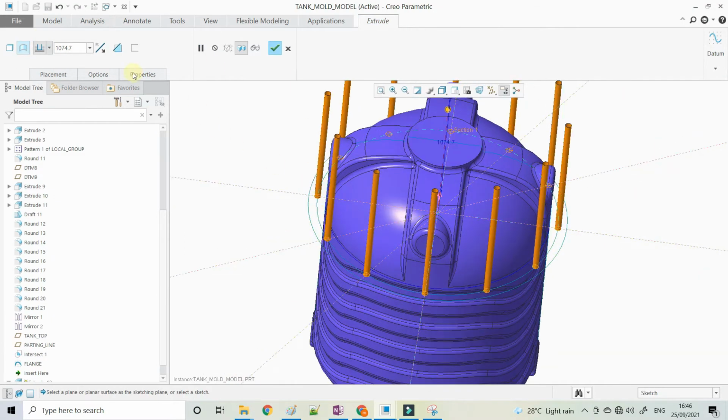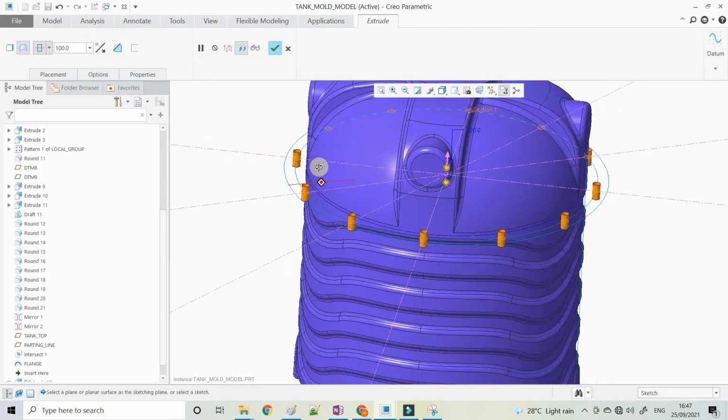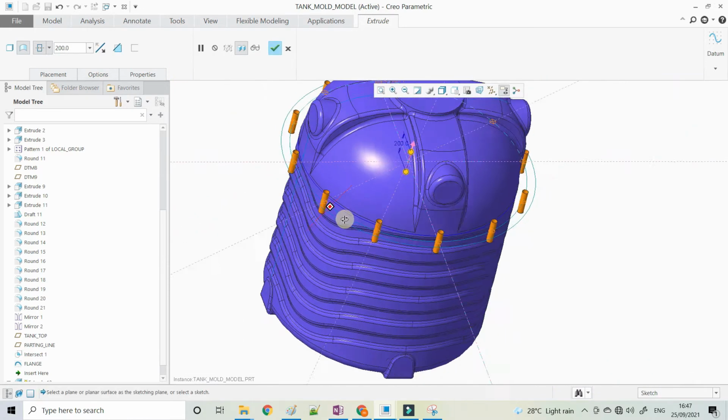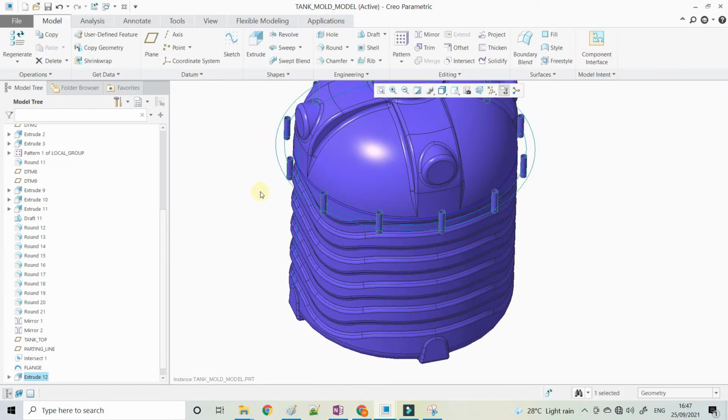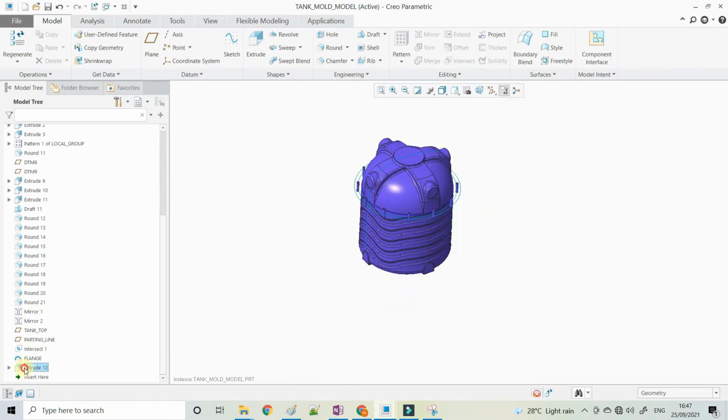I want this extruded hole in the surface, because I need all these surfaces in the upper and the lower mold. So I want it in surface only. So this is our basic mold construction for the rotational mold design. This is for the bolt. You can rename the feature like that, for bolt.